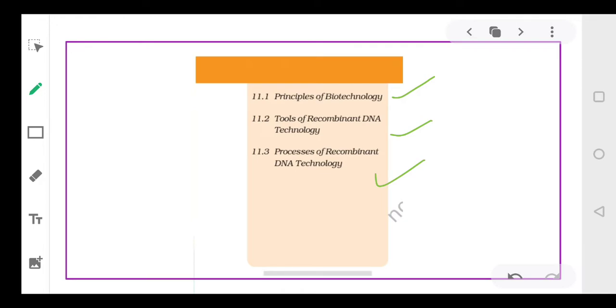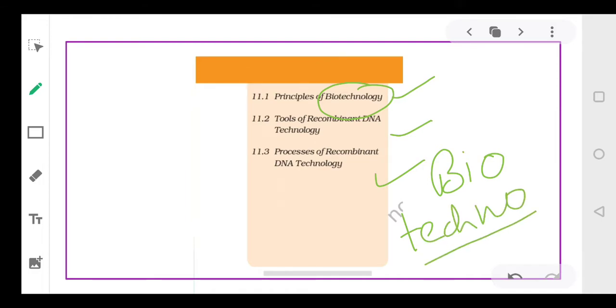Now, before we go further, dear students, we must understand what exactly is biotechnology. Just split this word biotechnology. Bio and technology. Just see what this word actually means. Biotechnology. What do you understand from the word bio? Bio word actually deals with life. And technology means the various techniques, the various methods. So we can define biotechnology